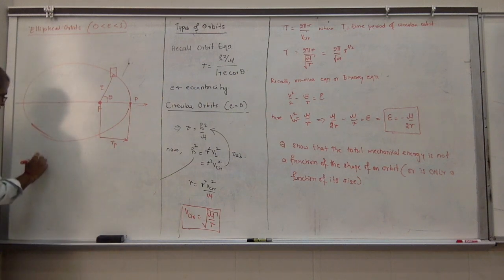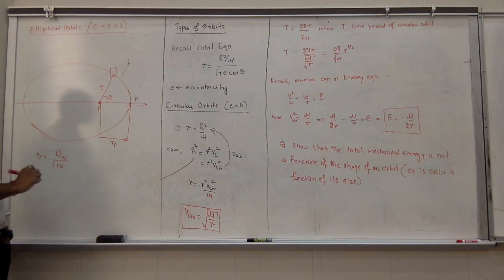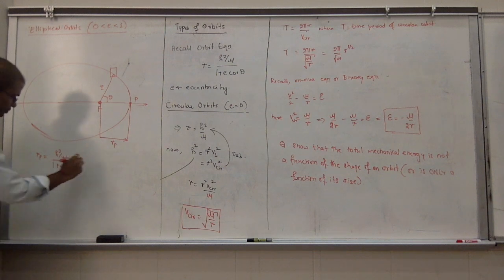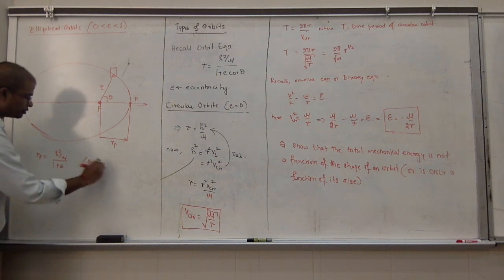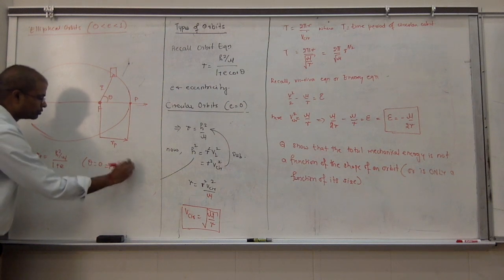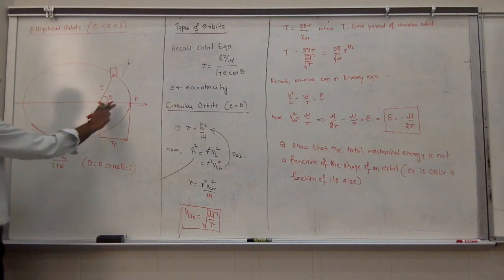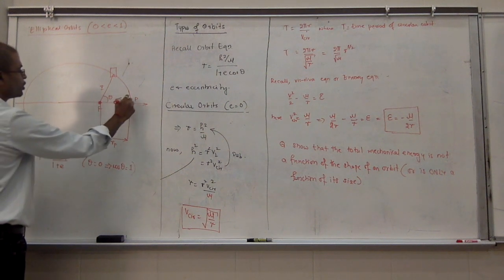RP would be h square over mu divided by 1 plus E, because theta is 0, implying cosine theta is 1. So if the orbiting body is here,